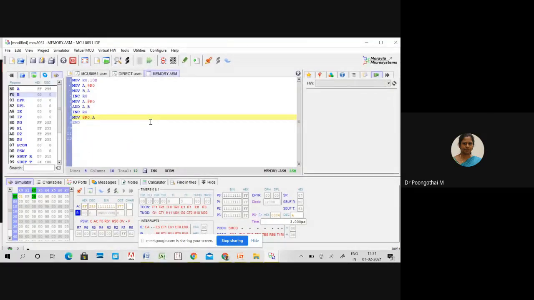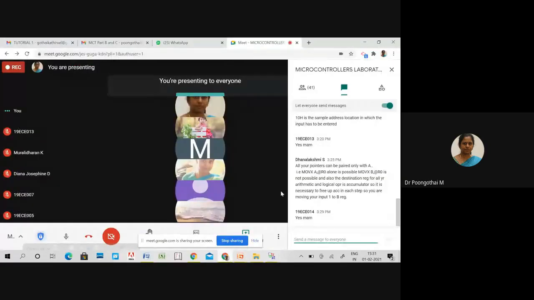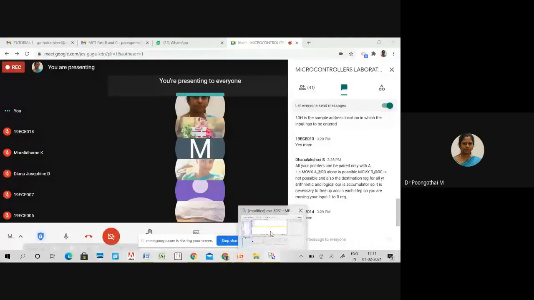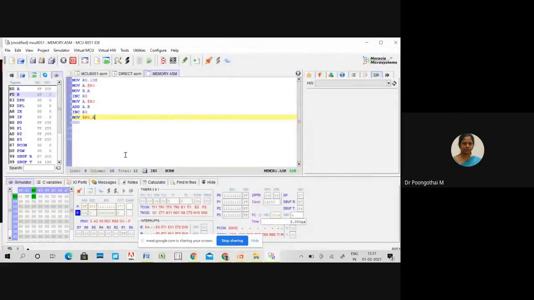Okay. So where will you give your inputs now? Please tell me. Where do you need to store your inputs? Internal memory, that is the internal memory. At what addresses will you store them? 01 and 02, and store your result at 03.